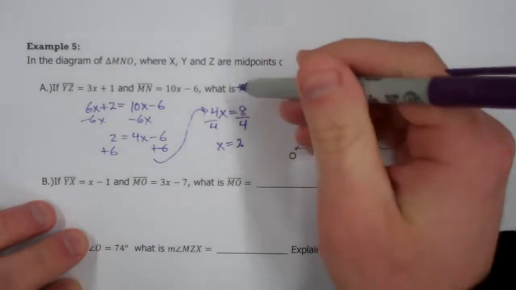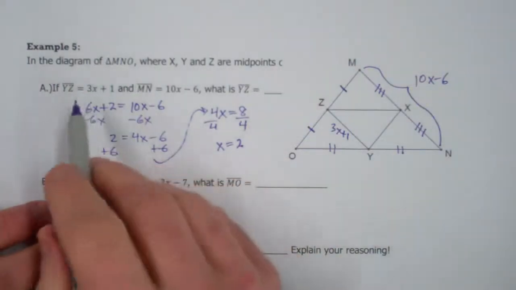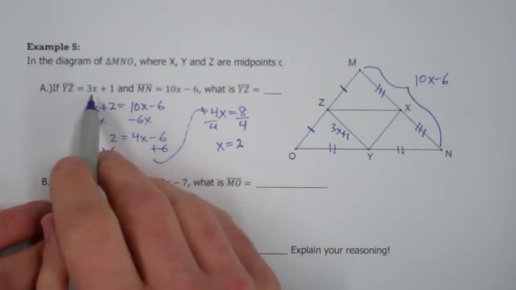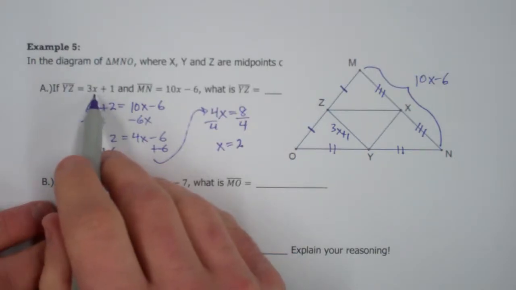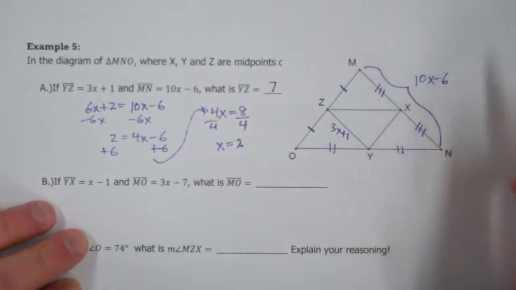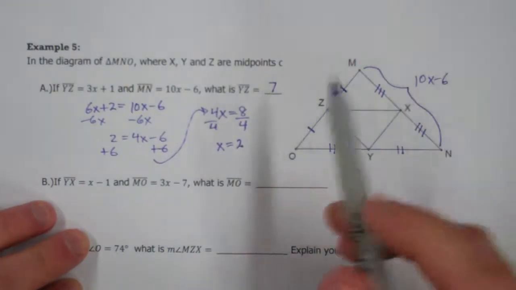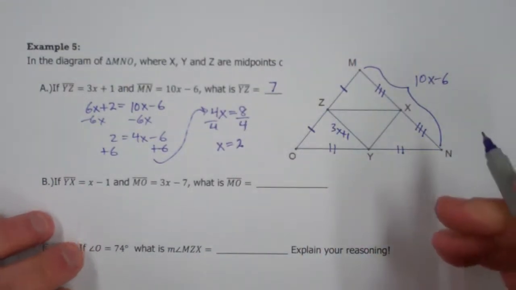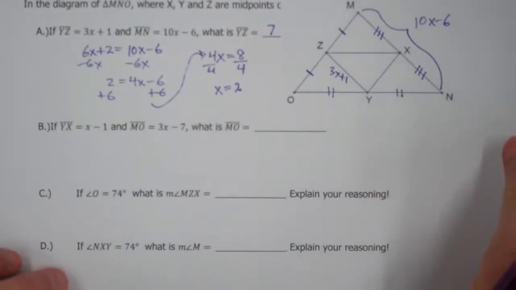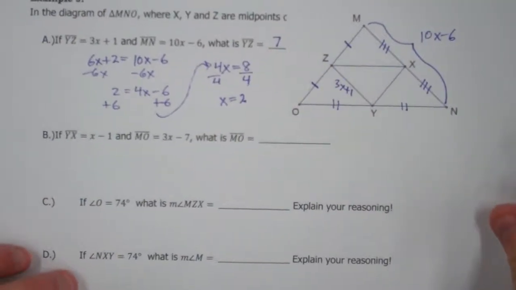We want to find YZ. We're given that it's 3x plus 1, so 3 times 2 is 6, plus 1 is 7. You can double check that that works out here. 10 times 2 is 20, 20 minus 6 is 14, which is double of YZ, and that's as it should be. If we look here at part B,